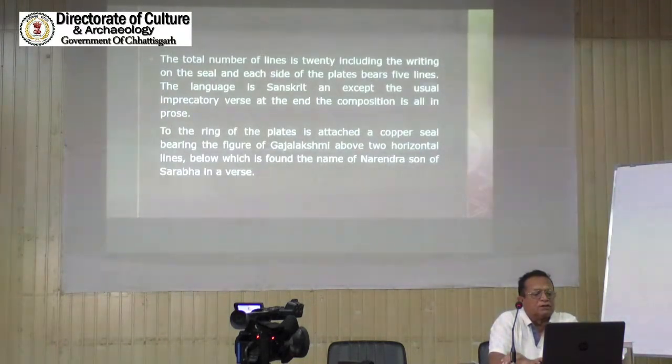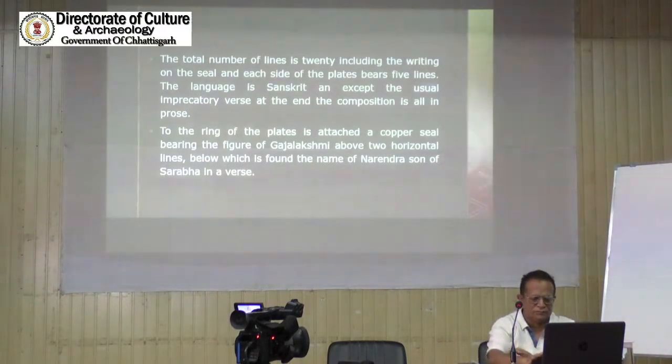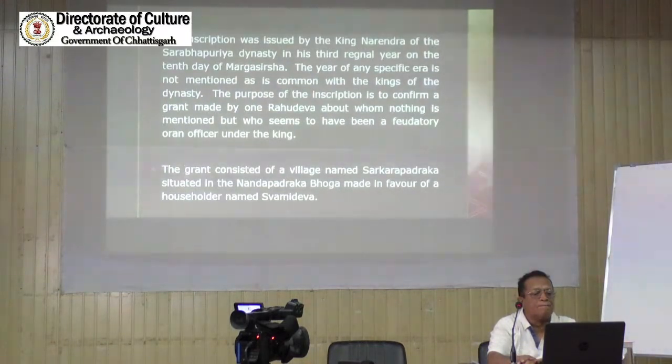On the ring, as I was telling, is the figure of Gajalakshmi, and above that you find the Sanskrit text written in box-headed characters. Narendra of the Sharabhapuriya dynasty, in his 3rd regnal year, on the date of Margashirsha. The purpose of the inscription is to confirm a grant made by Rahudeva, about whom nothing is known. Sarkara